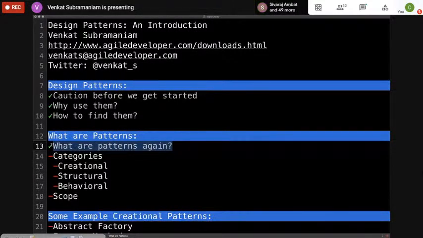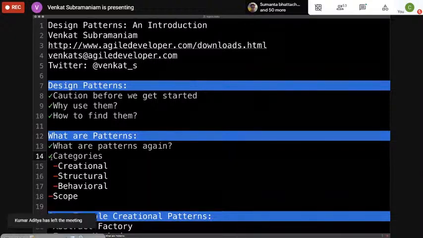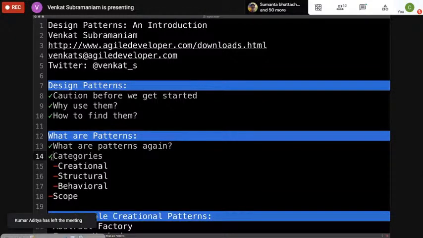So with that said, what kind of design patterns would we want to use? Well, design patterns fall into different categories. Now, these patterns really are not limited. There are more pattern categories than this. There's also architectural patterns compared to design patterns. Architectural patterns deal with the architecture of systems.